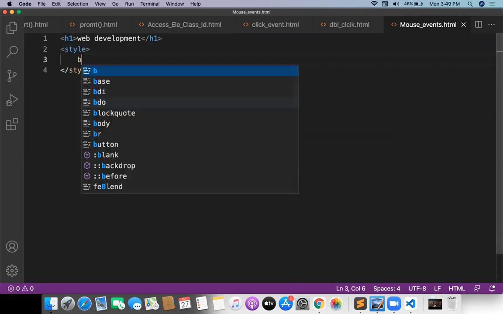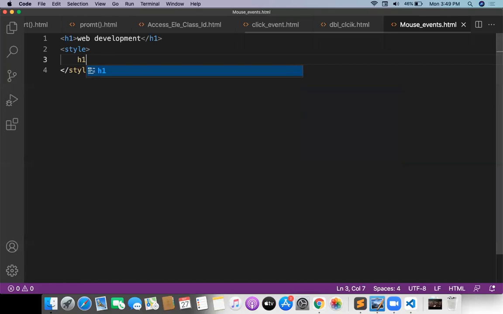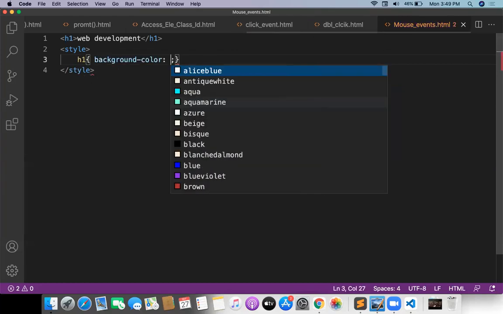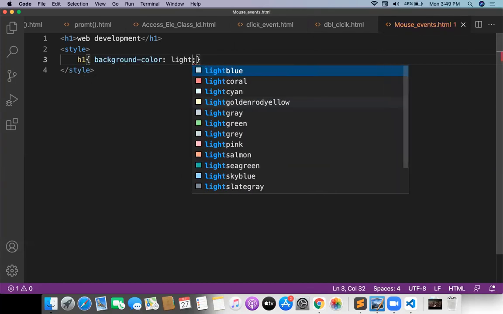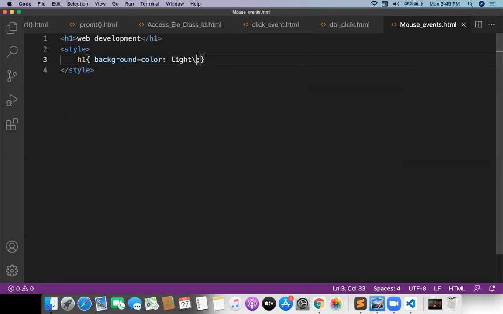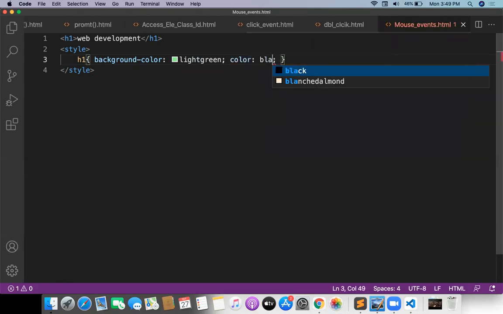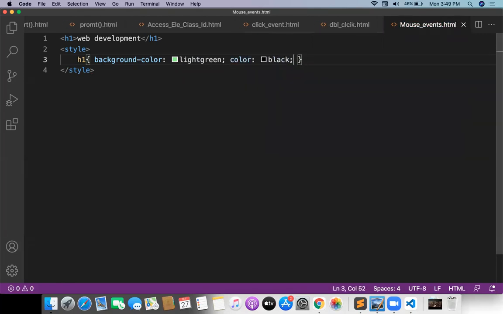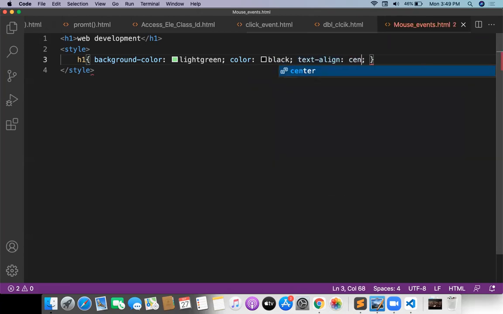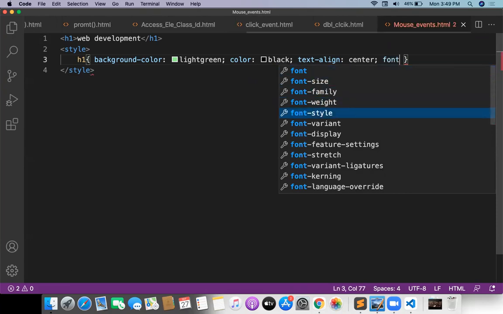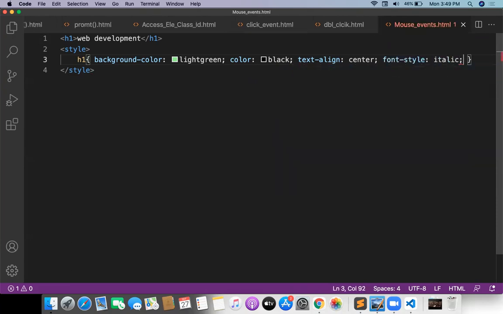H1 having some background color, something like a light green color. Then I'm giving color, which will be black as usual, and the text align center. Font style italic. That's it, fine.